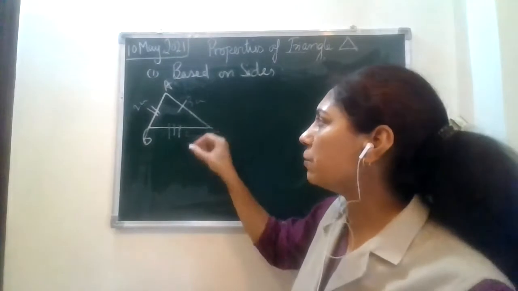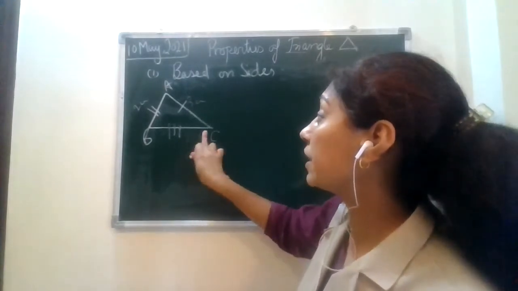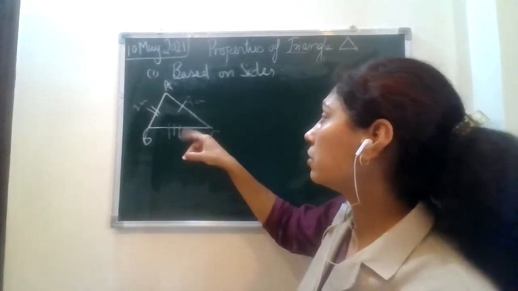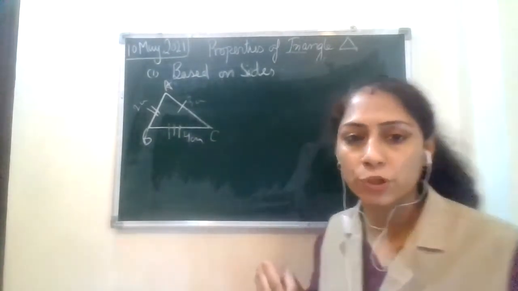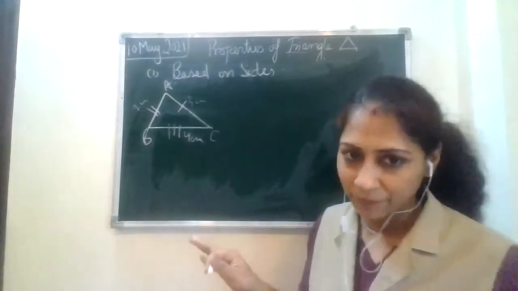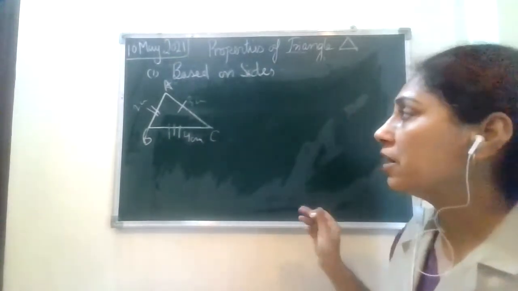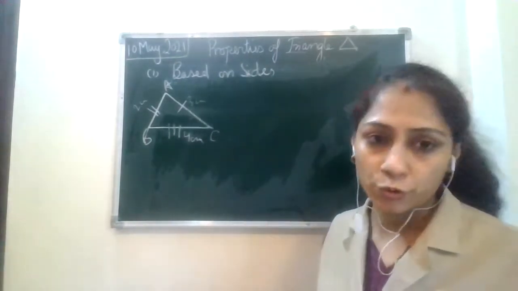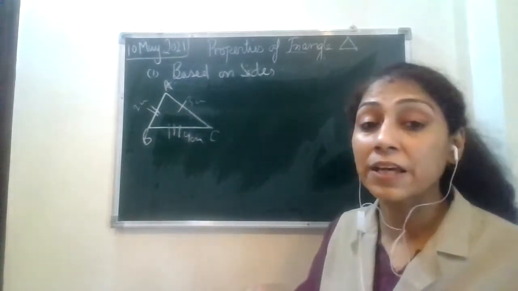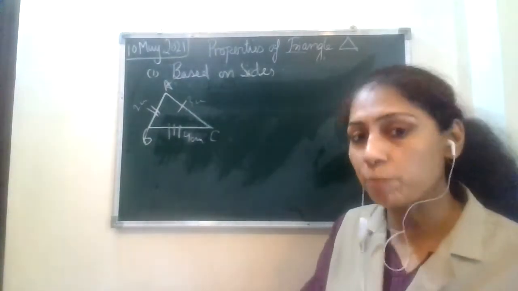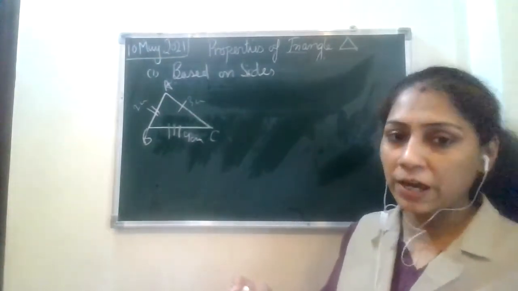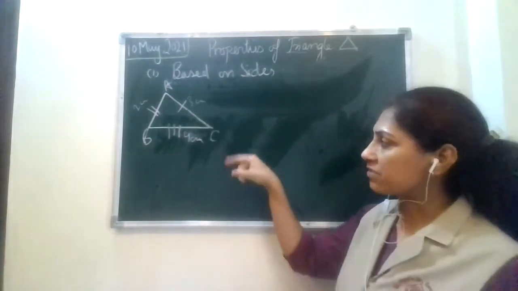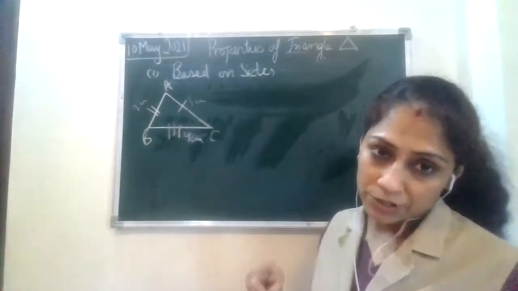So this is not being measured. 5, this I can take as 3, this should be 4 centimeter. Then only it will comply with one of the very important properties of a triangle. So I cannot name it randomly, though I've drawn the figure like that. The 2 plus 3 should be greater than 4. The sum of two sides should be greater than the third side. This property I'm going to cover. This is very important for class 7 as well as 9th and 10th also. So that's how I named 2, 3, and 4 centimeter.